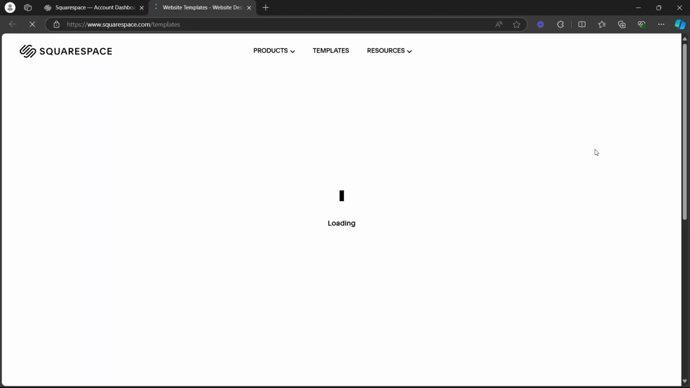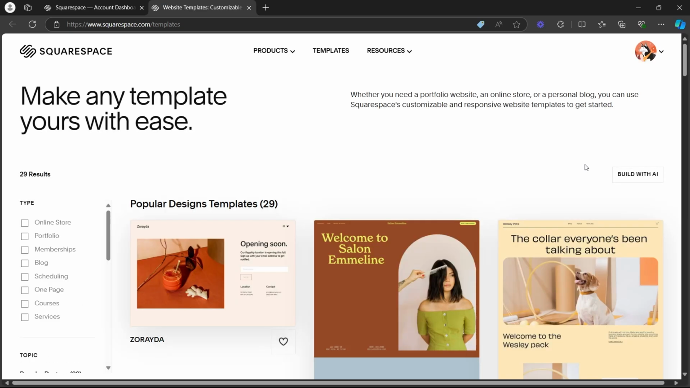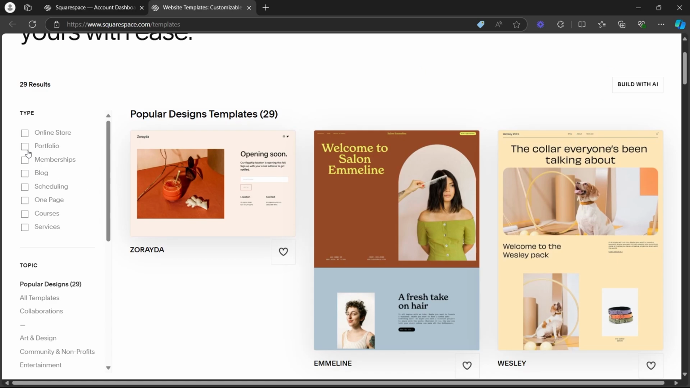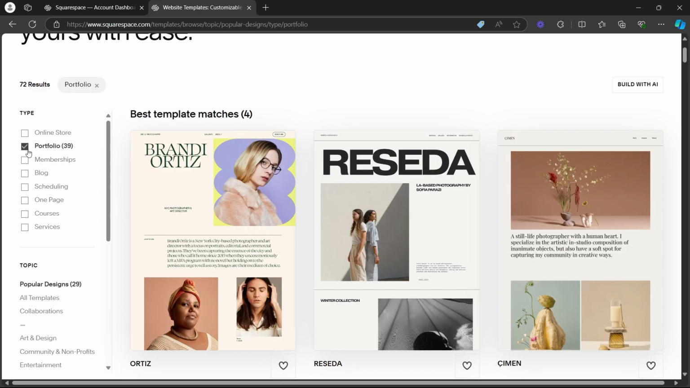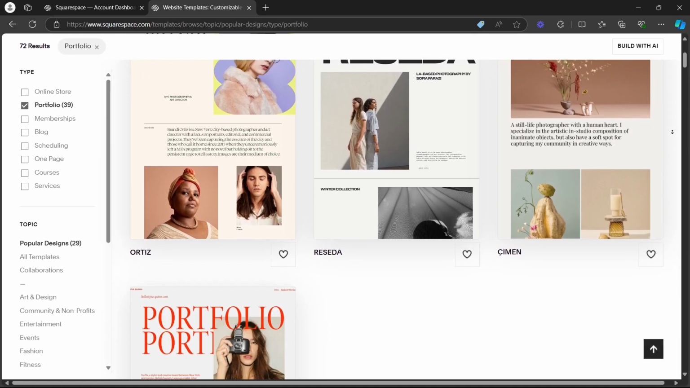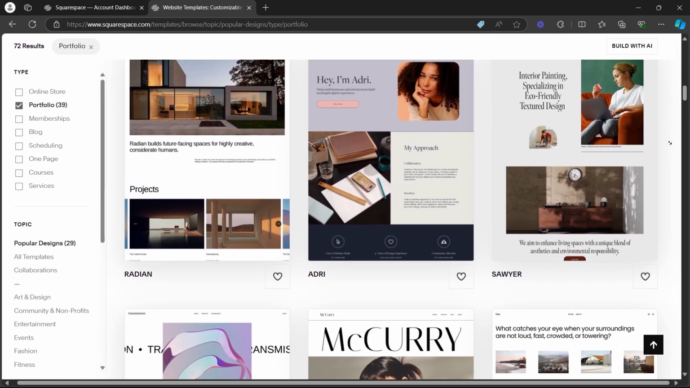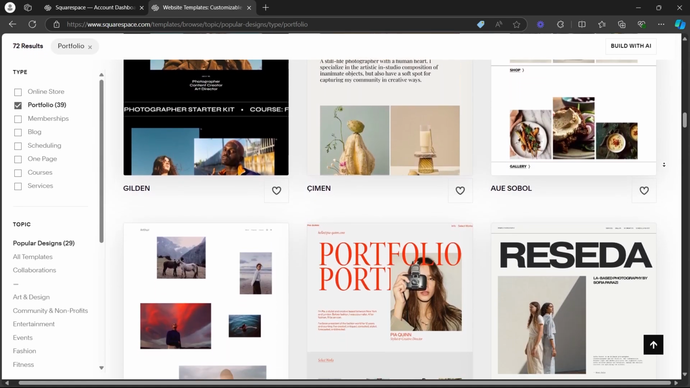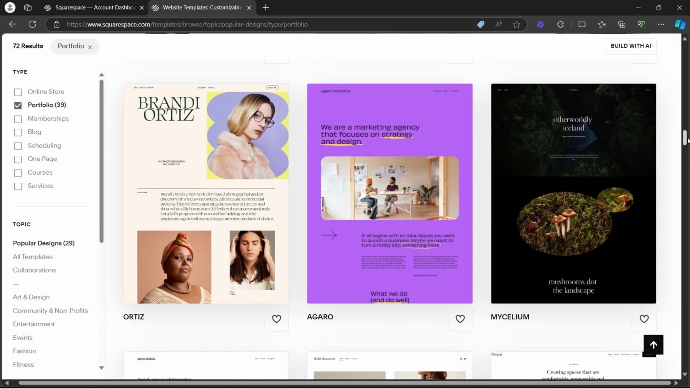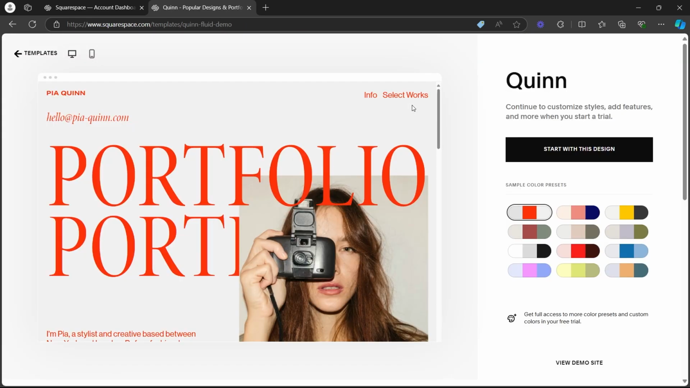Now you will see these website templates available for you to create portfolio. Now you'll have to choose portfolio to be specific. Now all the templates that will match this section, that is portfolio, will appear. So you can choose from any one of these websites to create your portfolio. I'm going to choose this one. So click on the template that you like and you will see this page where you can see how your